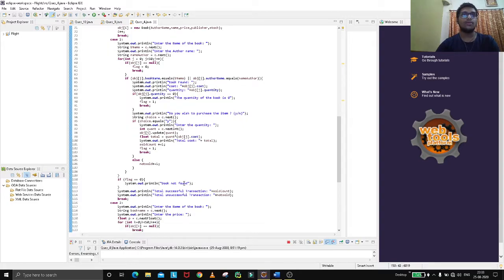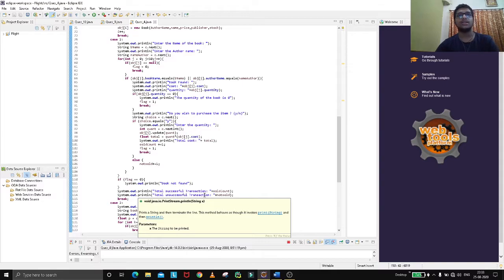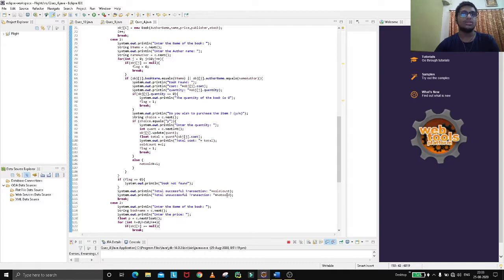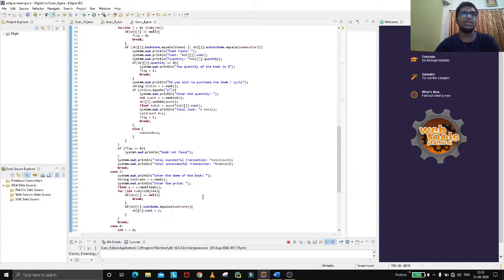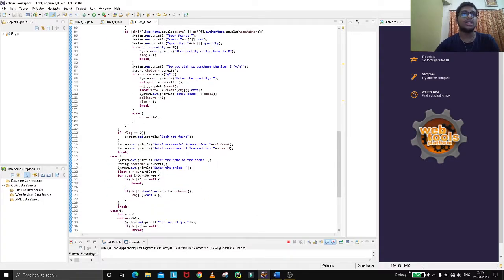So if the book is not found, then system.out.print the unsuccessful transaction, and it will also provide the total successful transactions. So sold count will be the total successful transactions, and not sold will be the total unsuccessful transactions. So basically we have entered the name. This case 3 will be for